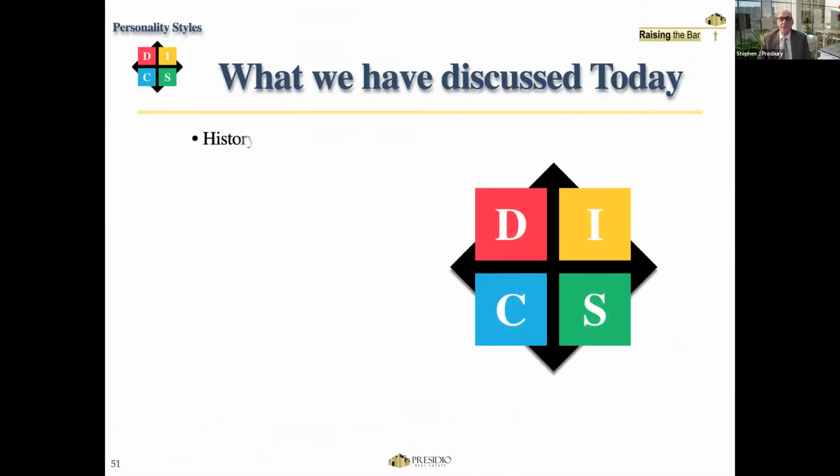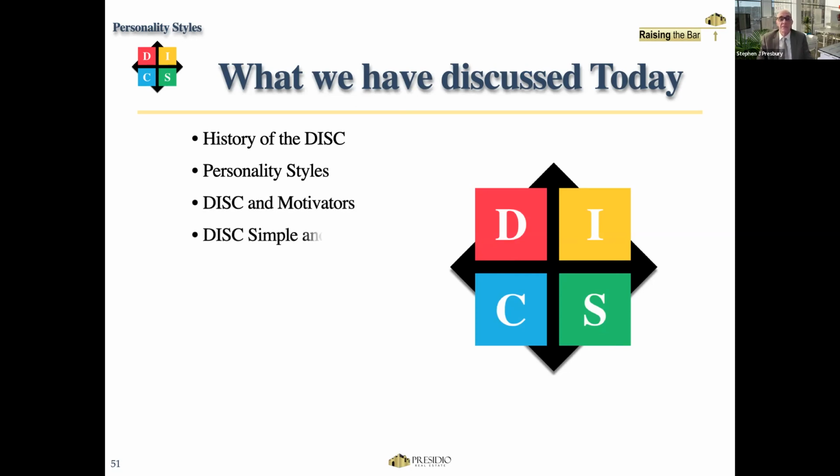So today we talked about the DISC history. We went through that early on, where it came from, right back at 444 BC. We talked about the personality styles, the DISC motivators. If you haven't taken the DISC test, I'd suggest you do that. If nothing else, it will help you understand where you are. And I say they're probably not always 100%, but at least they're 80% plus. So that's good. They're pretty simple.